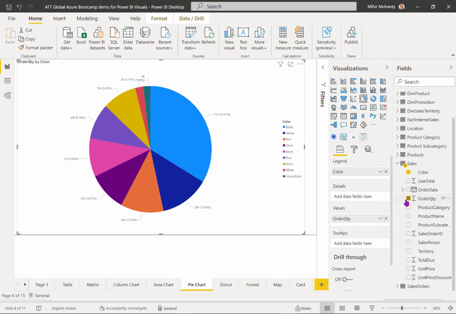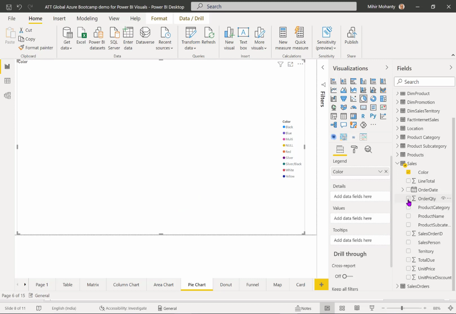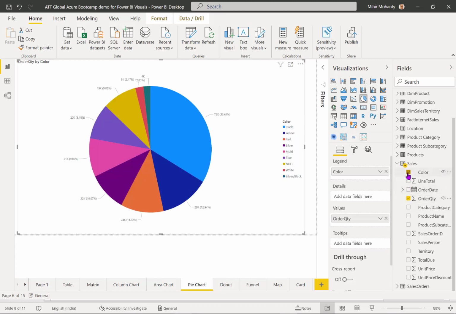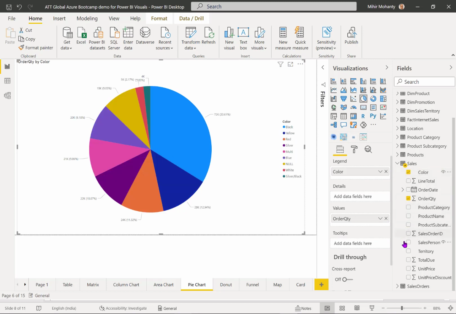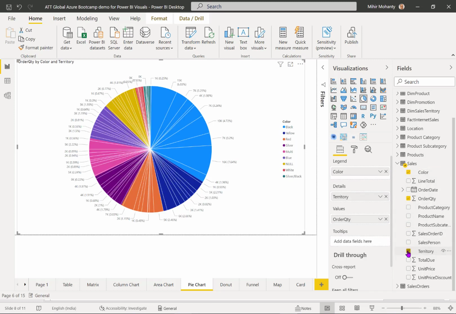By simply ticking and unticking, you can see the changes to the graph, and that's where you can represent different data points, and you can see how quickly all the changes are reflecting over here.